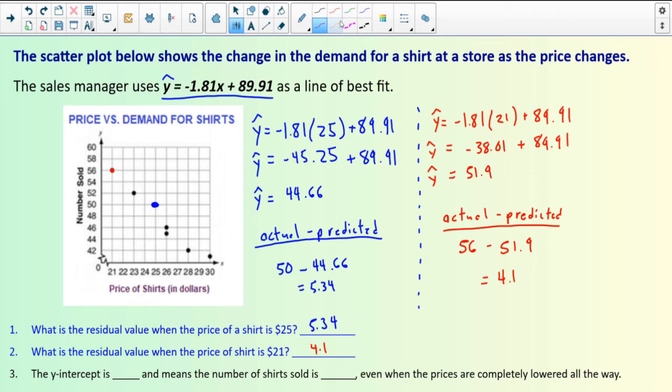All right, and that's basically it. The last part here is just asking what's the y-intercept. This is just y equals mx plus b, so this would be the y-intercept. If I sketch the line, we kind of go up here up to